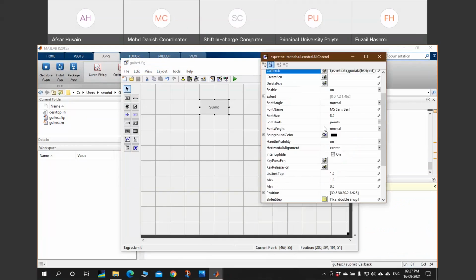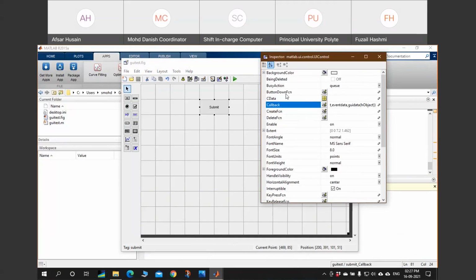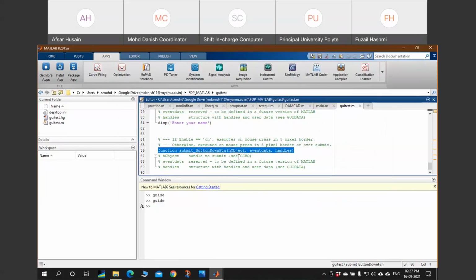Now I also want to provide another feature. What will happen when we right click it? So just click over here. Once you click over here, it will go back to the editor window. In the editor window, you will find a function named submit. This is the tag underscore button down function.